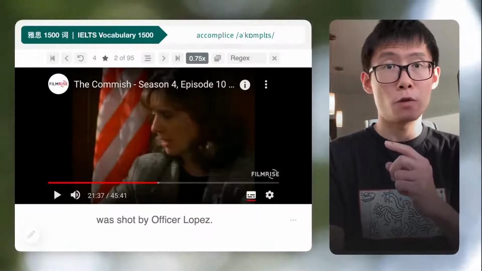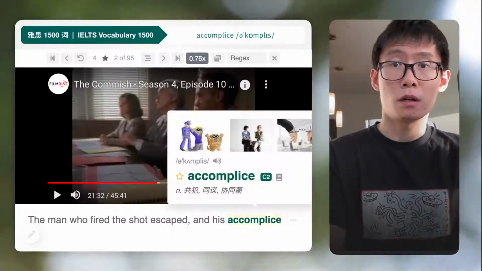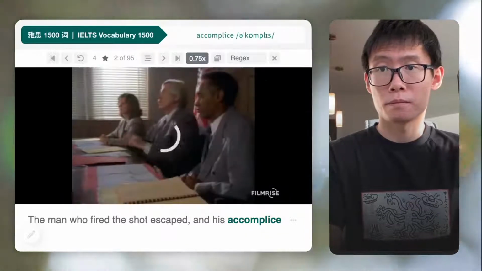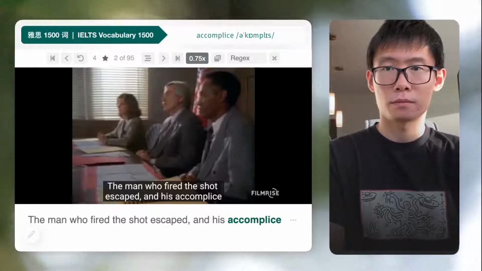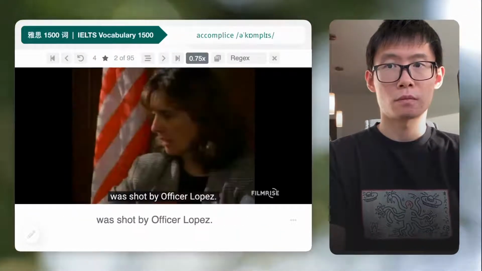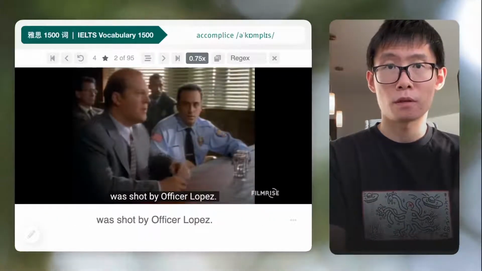So Officer Lopez shot the accomplice, shot the person who committed the crime. 就是把那个从犯给击毙了。 The man who fired the shot escaped, and his accomplice was shot by Officer Lopez. Was shot by Officer Lopez. 被他打中了。